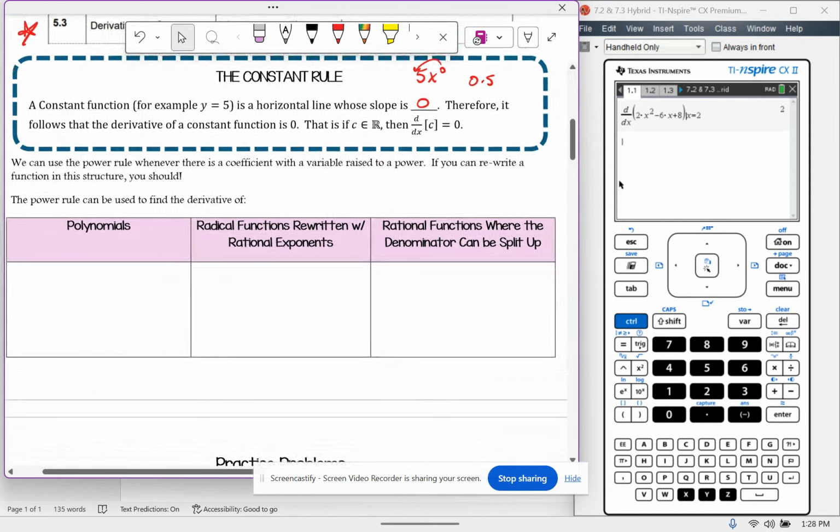We can use the power rule whenever there is a coefficient with a variable raised to a power. If you can rewrite a function in this structure, you should. Why? Because the power rule is easy to use. The power rule can be used to find the derivative of